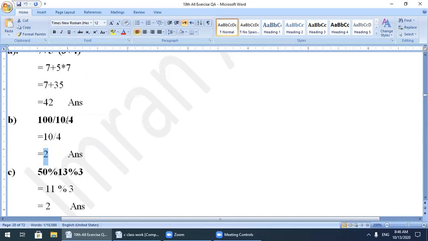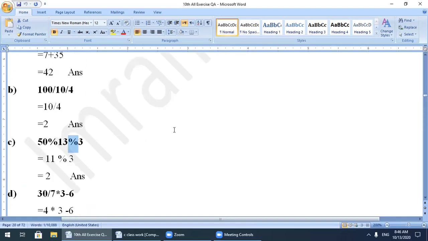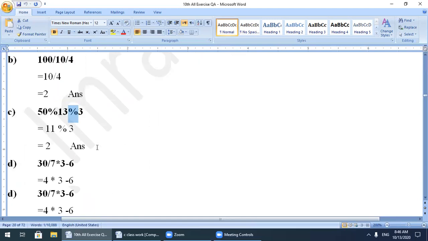Now the slash operator in the division, I told you, will give you the value of the quotient. Now the modulus operator, this operator is called the modulus operator, and this one is also used for the division purpose. According to this expression, the modulus will give you the remainder value. Watch here. Now which will be solved first?